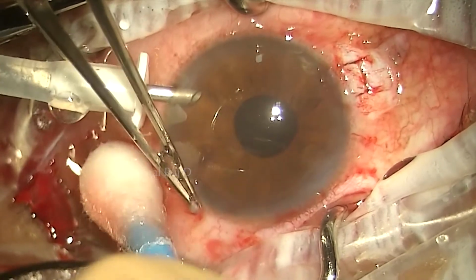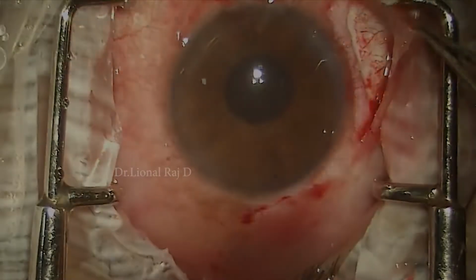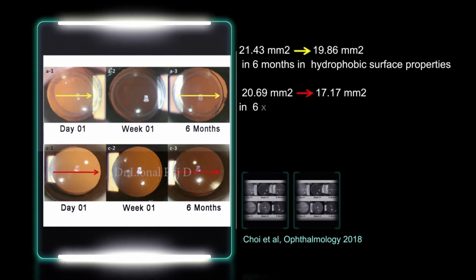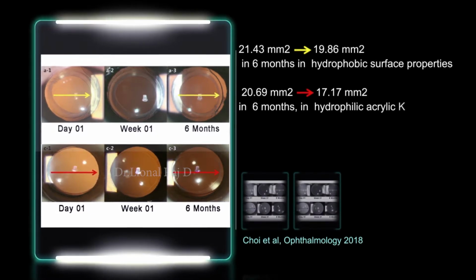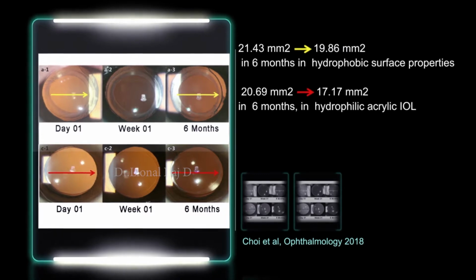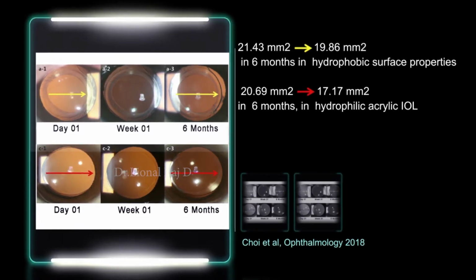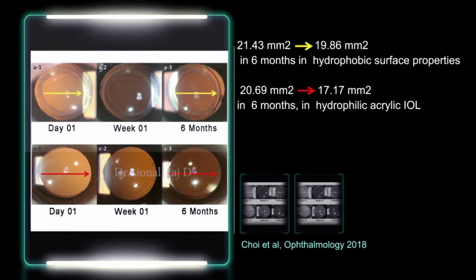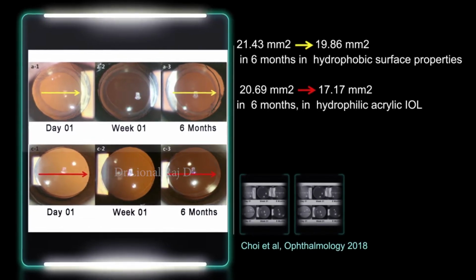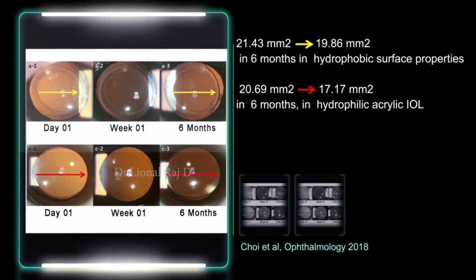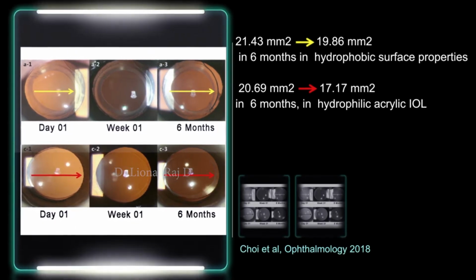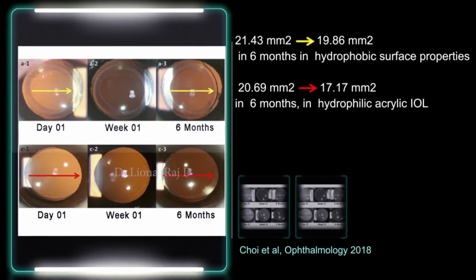Lenses with hydrophobic properties, due to strong adhesions with the capsular margins, allow a limited space for active proliferation and migration of epithelial cells, unlike hydrophilic and silicon counterparts, which reduces the area of capsular opening significantly. The reported incidence varied from 0.21% to 1.4% with different lens materials and manufacturers.